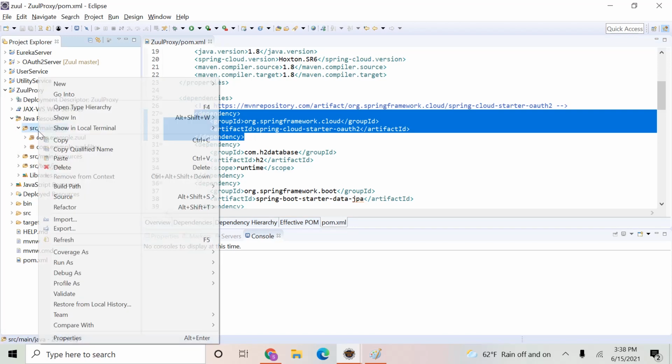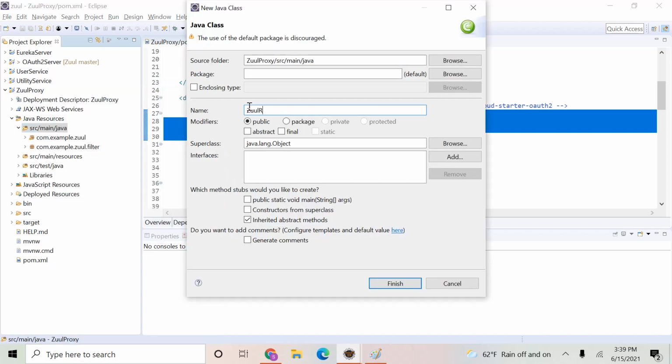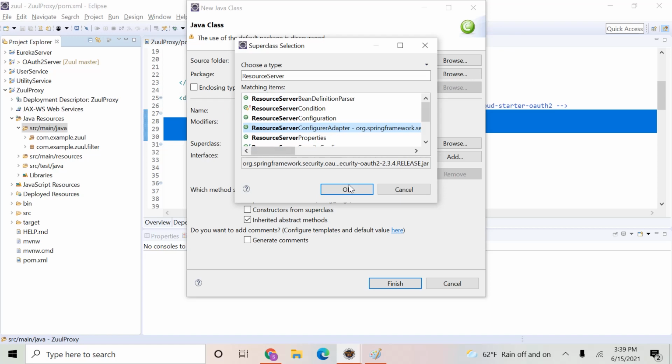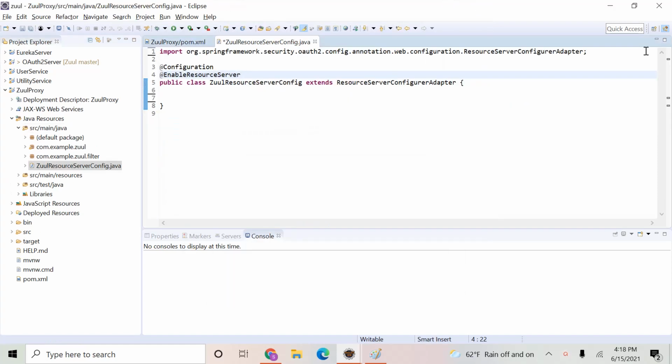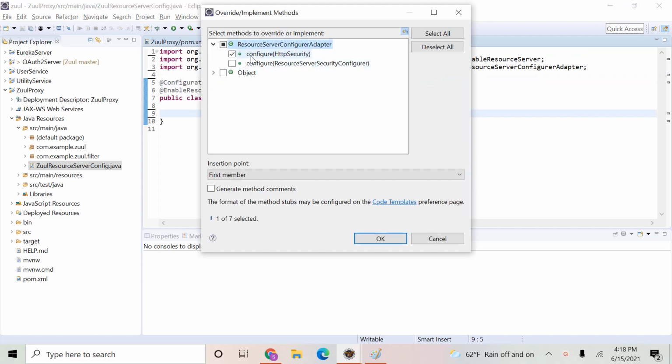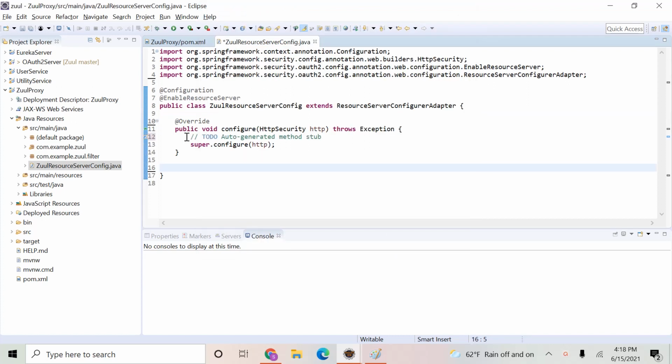So we can just create a new class, ZuulResourceServerConfig, that extends the ResourceServerConfigurerAdapter. We have to add the @Configuration and @EnableResourceServer annotations so that this application will be identified as a resource server. Next, we have to override the configure HTTP security method, and we can configure the HTTP security here.